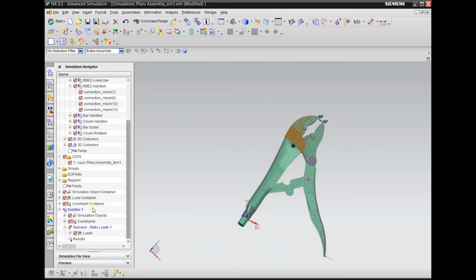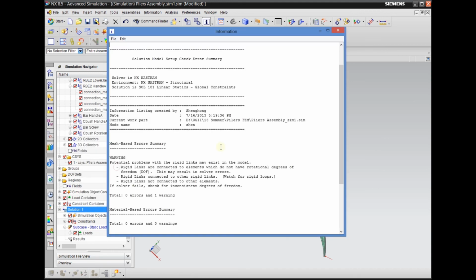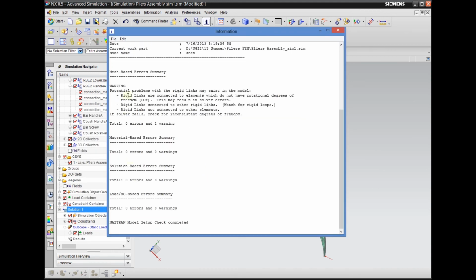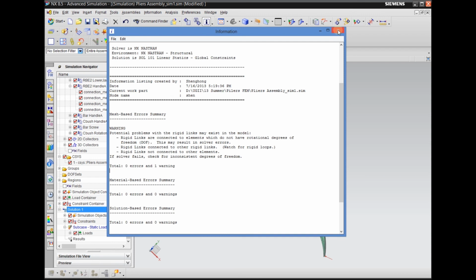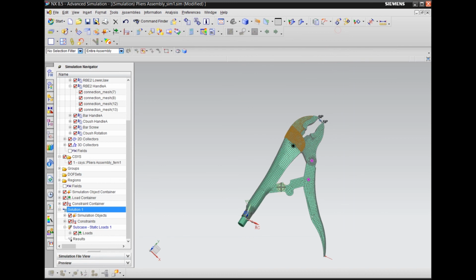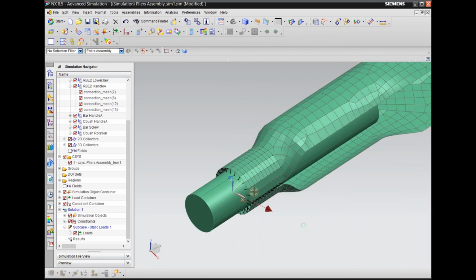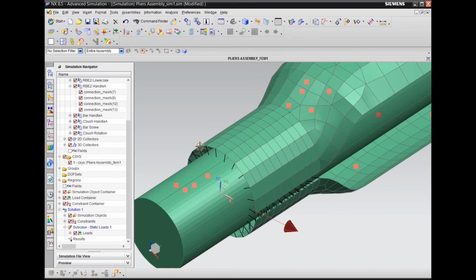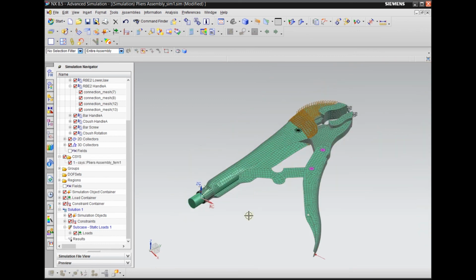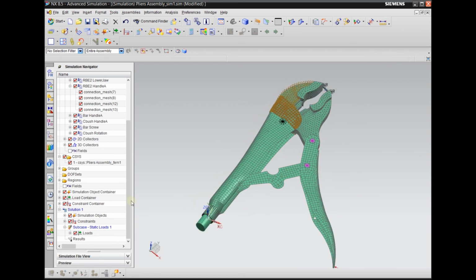You can try to do a model setup check. So you will get this warning, don't worry about that. You should have no errors, okay, no errors. And if you have some error, you just read the text, and it will tell you like material, or if you didn't free this spider, if two spiders share the node on this edge, it will also have an error. Okay, so now let's try to